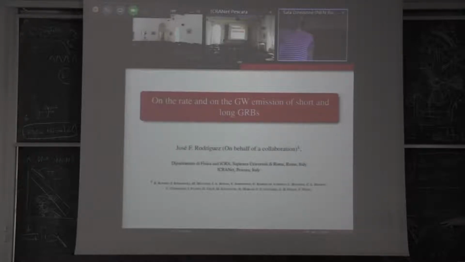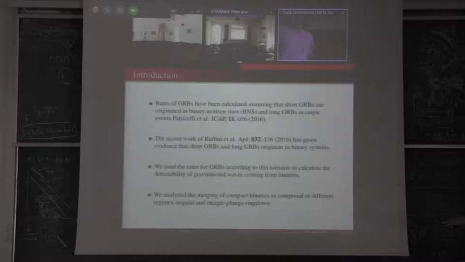Good morning. We're going to talk about rates and gravitational wave emission coming from short and long gamma ray bursts. First, the rates of gamma ray bursts have been calculated assuming that short gamma ray bursts originate in binary neutron stars and long GRBs originate in single events, like collapsars. But now the recent work of ADL has given some evidence that short gamma ray bursts and long gamma ray bursts originate in binary systems. Therefore, we can